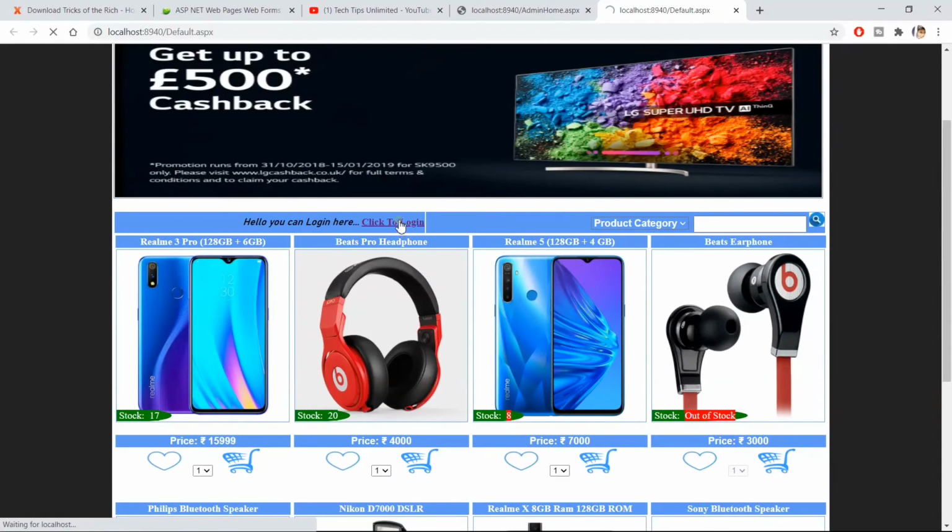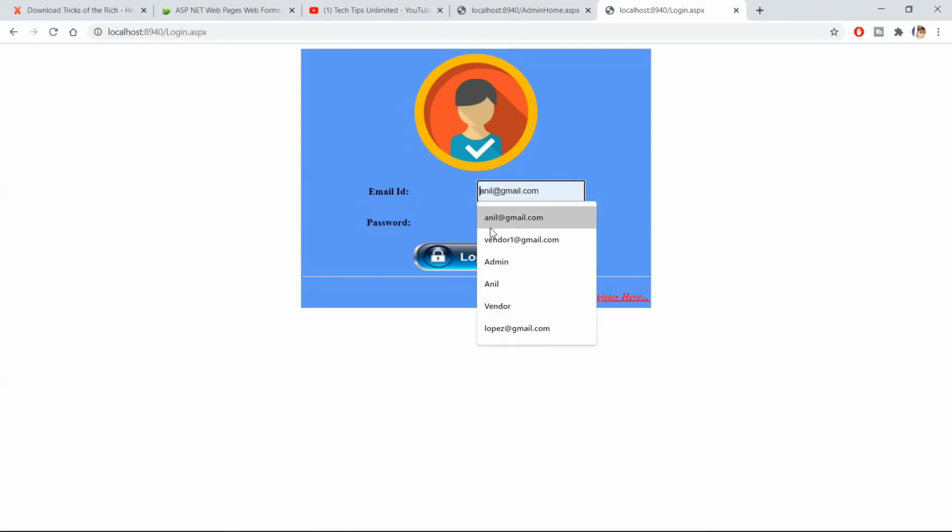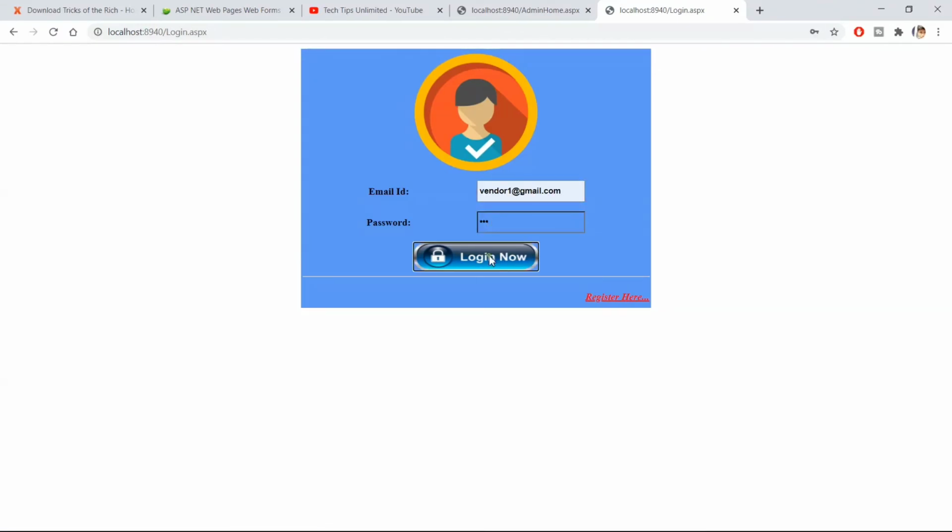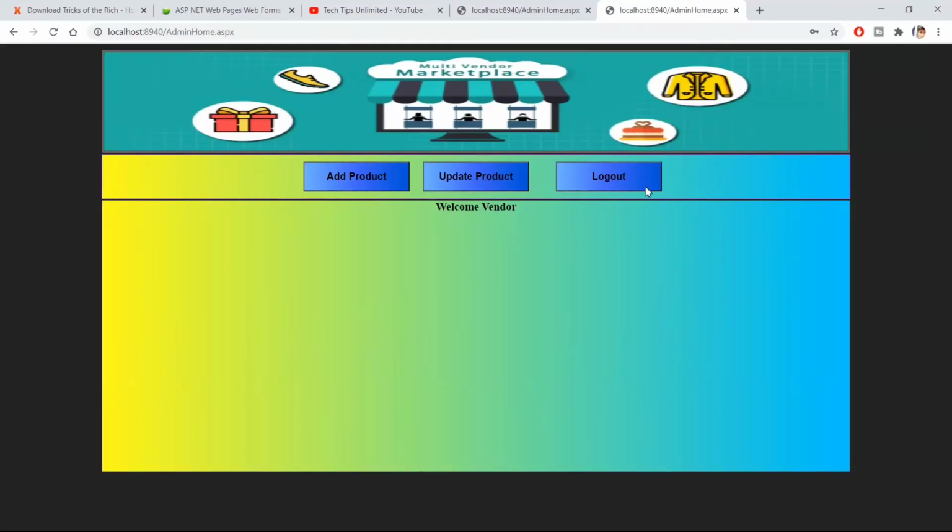Let's log in here and check with the vendor email id. Now it's perfectly redirected to the vendor panel. Here this image has changed from the previous image that was for admin; now it's for vendor.